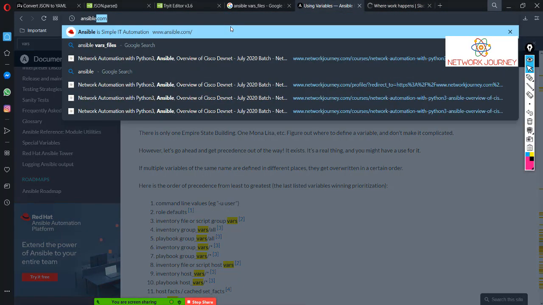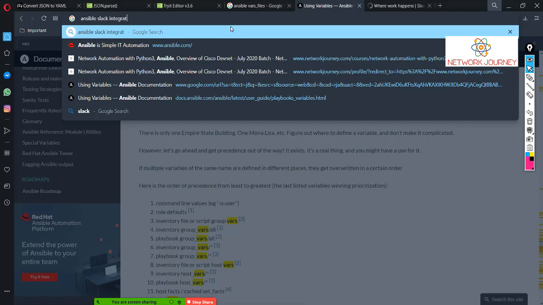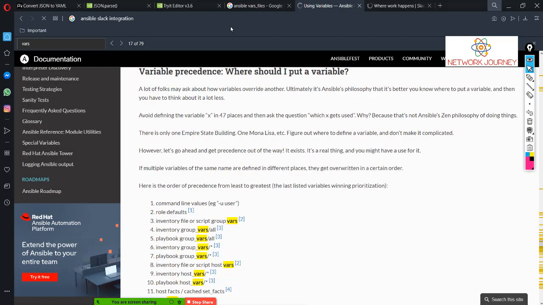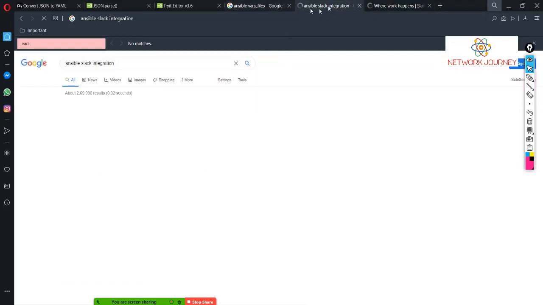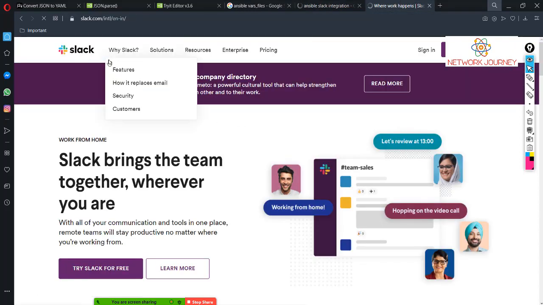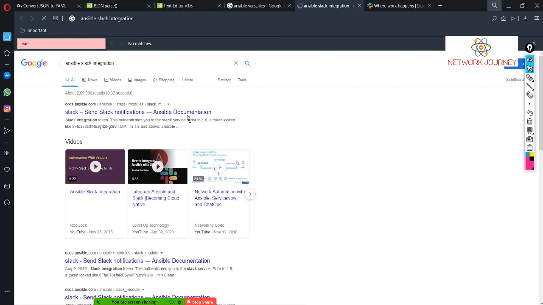So if you go with the Ansible Slack integration, you just have to define one more task, and you have to give the code of your Slack integration for integrating them. Okay, I'll just show you the Ansible part. It's very simple. If you have Slack in your office, create a new notification group, place the people, let's say network engineers, and people from some other team, and there will be some unique code, and that code you have to add over here. So let me show you.